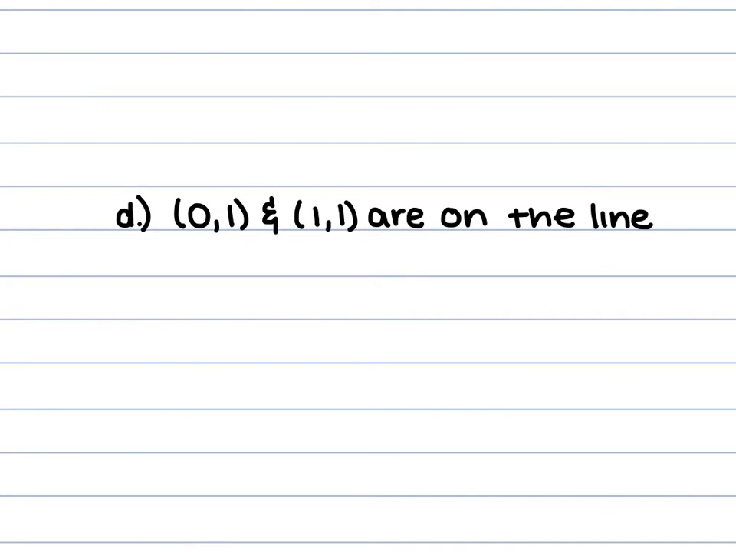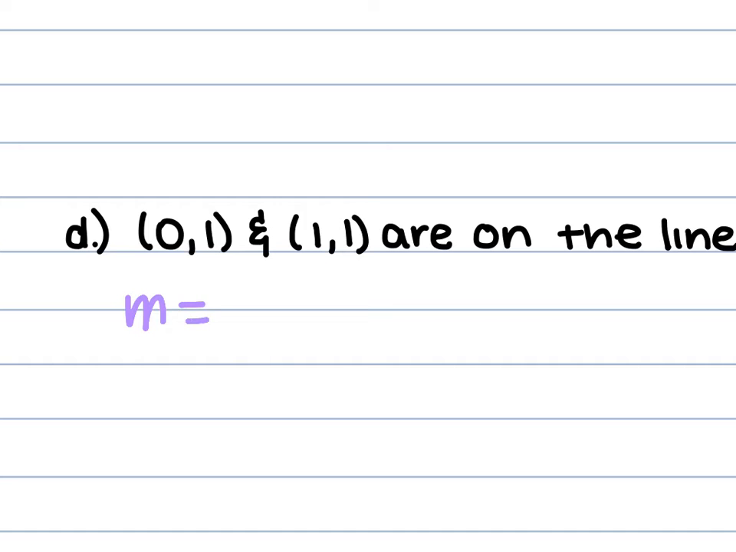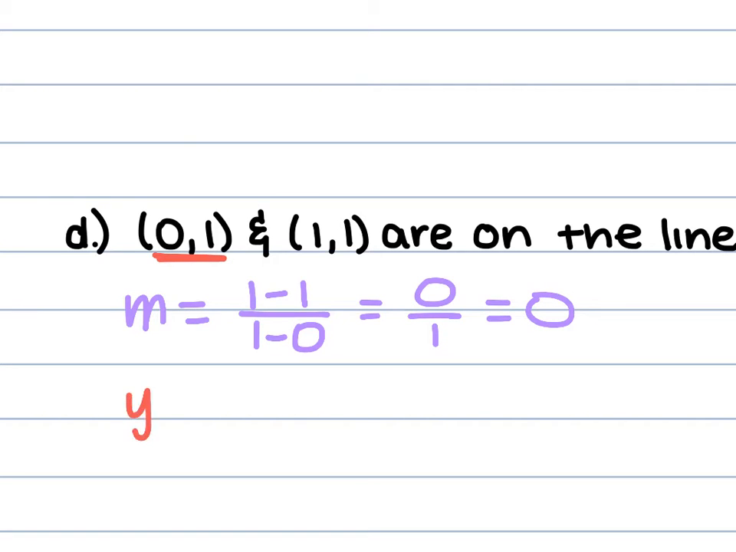For D, we have (0, 1) and (1, 1). So this slope is going to be 1 minus 1 over 1 minus 0. So that's going to be 0 over 1, which is 0. So for (0, 1), we're going to have y minus 1 is equal to 0 times x minus 0, which